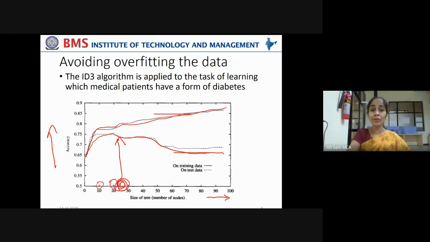So you have to be cautious. You have to be careful around this range of 25 nodes and stop fitting your decision tree. Stop expanding your decision tree. You have to take a decision somewhere around 20 to 25 nodes to stop the further construction of this decision tree, so that your model will not overfit and it will generalize well with the unseen data, that is the test data, so that both of their accuracies will be good enough. I don't say more or less, good enough. Okay.